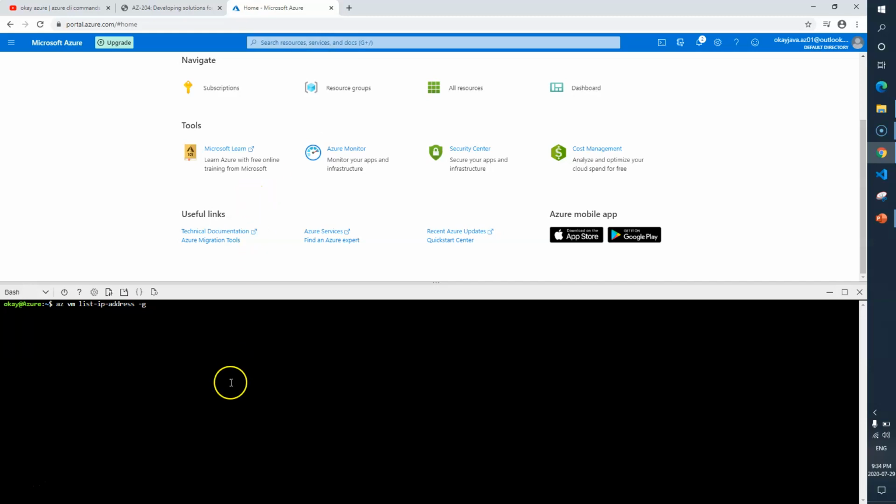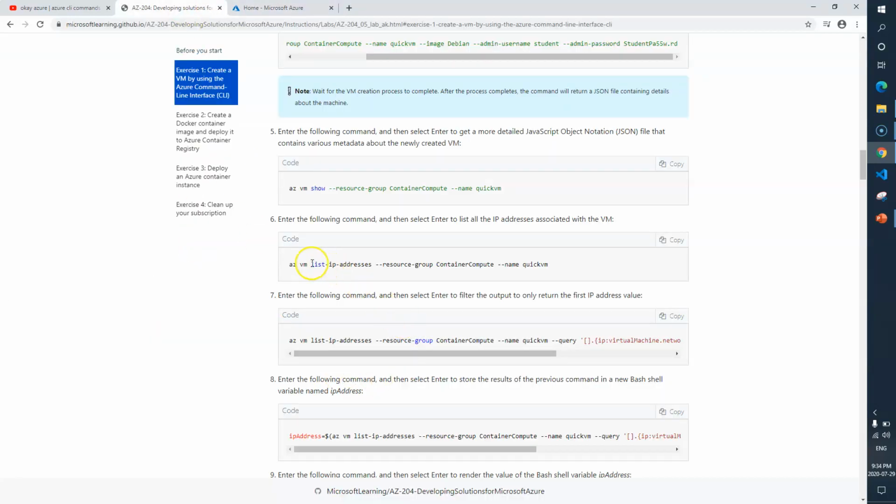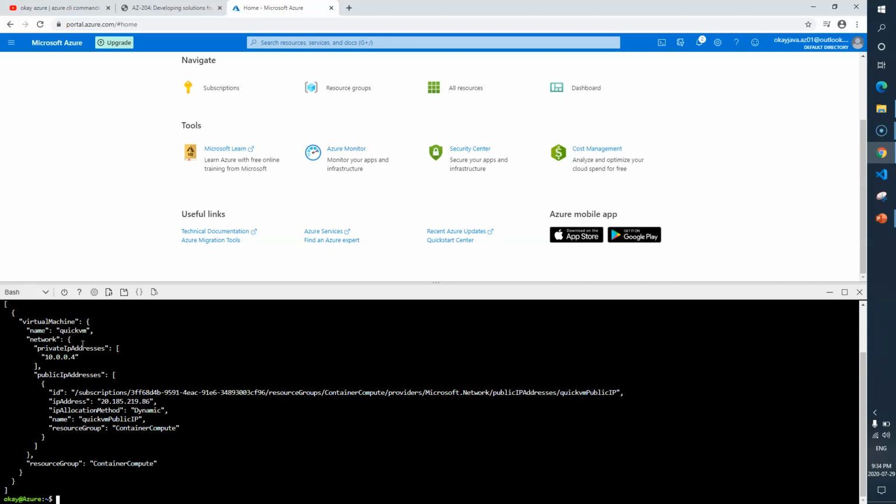I have to enter the resource group name, which is container compute, and the virtual machine name is QuickVM. It says this is not the correct command. It should be list-ip-addresses. Here you can see that this is the correct option that you're supposed to use. The double dash should be fine now.